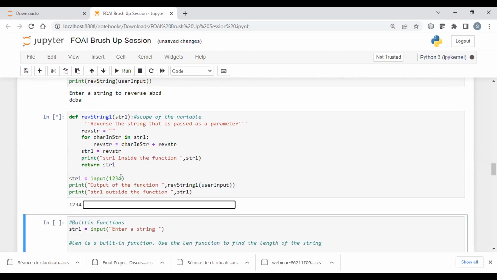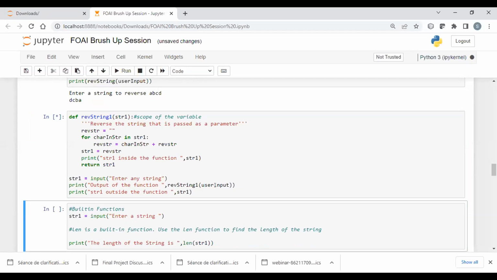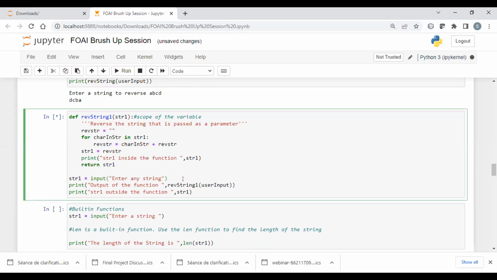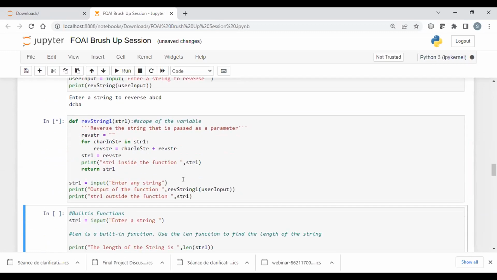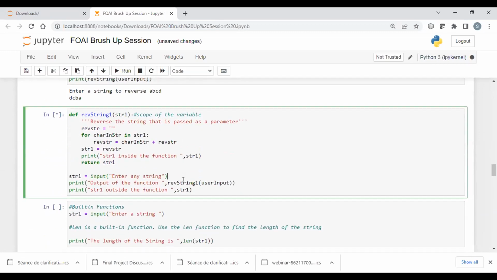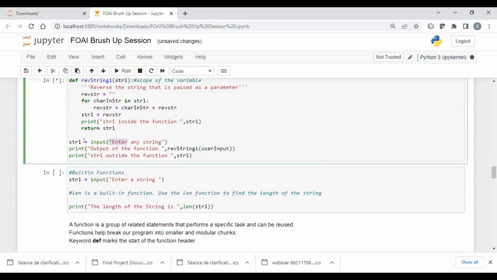This is a function. The input function will take whatever we are mentioning here. So anything, if you want to put it directly, then